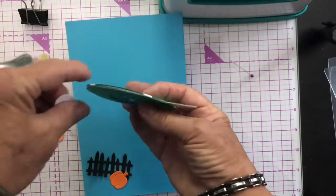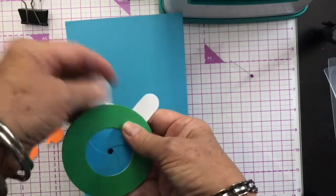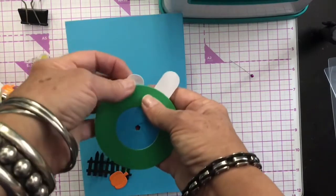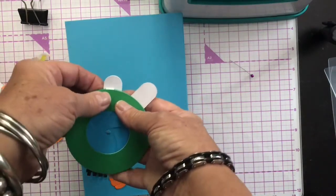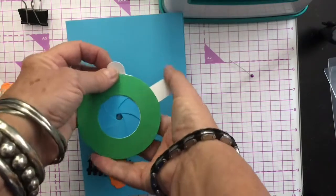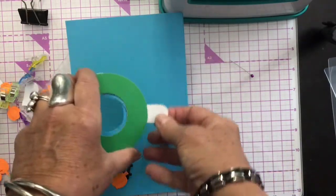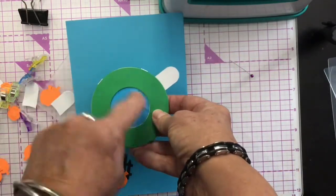Now if I had it to do again, I'd do it all in one color. Well, I guess I couldn't do that because that's white. Never mind, I take that back. Okay, so to help that cover up a bit, I'm going to put the ghost there, and then another ghost will go there. You want to make sure when you put it on the card that this is the right direction, which is what that is. Okay, so I'm going to stamp this